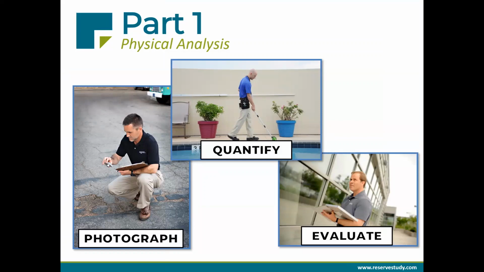Should include everything from the roof to the mechanical rooms, the amenities, the lobby, interior common spaces. Basically anything and everything that the association is responsible for needs to be evaluated. So again, we're taking measurements and photos, we're quantifying things, we're also documenting model numbers and serial numbers for equipment, basically doing whatever else it takes to gather up those data points, those observations related to each component, which we then use to determine the life expectancies and ultimately the replacement costs for those things.